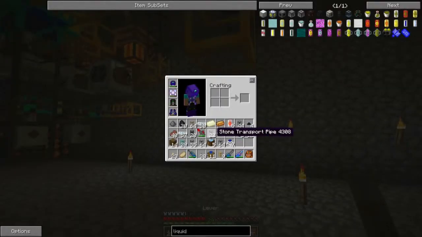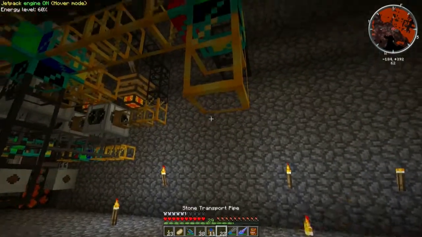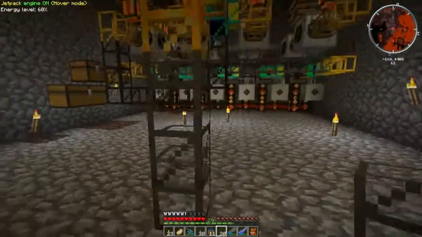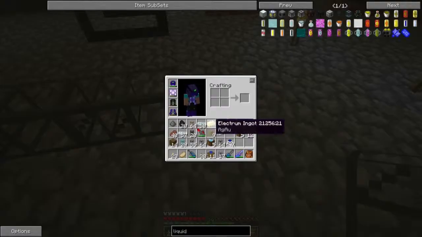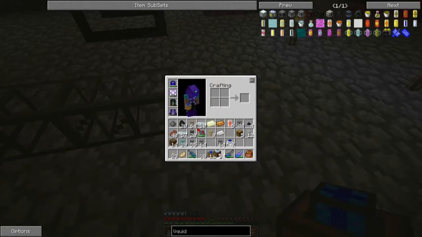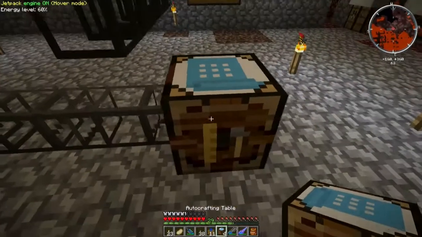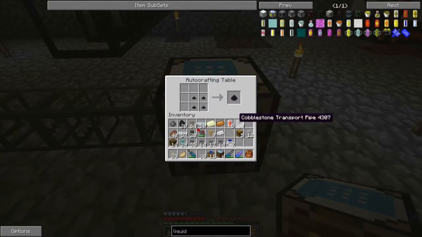Now we need some stone. Yeah, why not stone? Because it's in the process. Nothing else needs to interfere with this. So it comes down through here, and we have an auto crafting table right. Why did I put it there when I needed it in my... Okay, put an auto crafting table there, which we need our tiny pile of tungsten dust to go into,